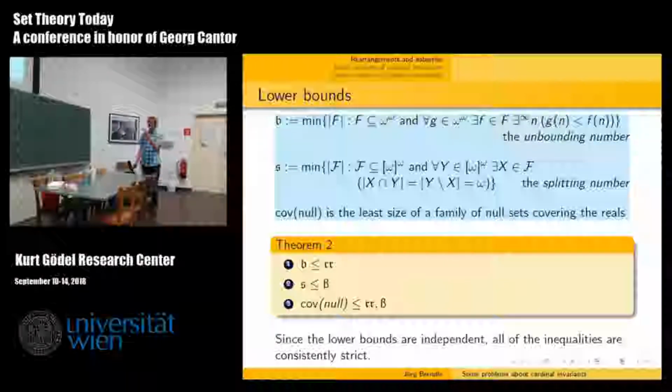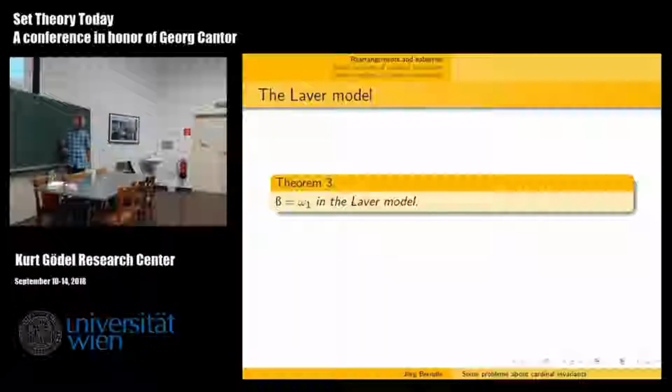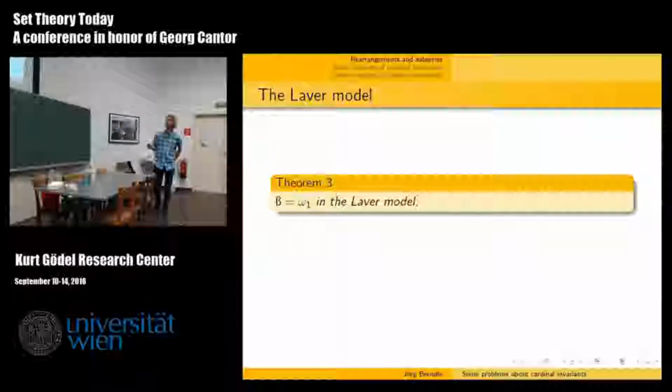Okay, so for the lower bounds, in a sense, we have no question. For the upper bound, we still do not know whether it is strict. However, there is one known consistency result, and this is that double S is aleph 1 in the Laver model. This is actually quite technical. It involves some work. I mean, it's done roughly in the following way. One defines a relative of s, which is bigger than s, and consistently strictly bigger, and shows that this relative of s is an upper bound of double S, and then one shows that this relative of s is aleph 1 in the Laver model.